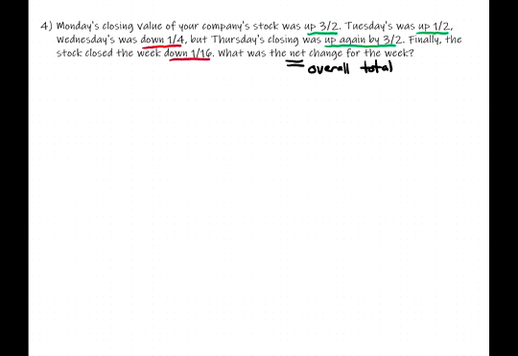So if we go through the problem, Monday, Tuesday, Wednesday, Thursday, Friday, we're starting with positive 3/2, up 3/2 on Monday, and then up again on Tuesday, so that's plus 1/2. Down on Wednesday, so that's a minus 1/4. Thursday was up, so that's a plus 3/2. And finally down on Friday, so that's a minus